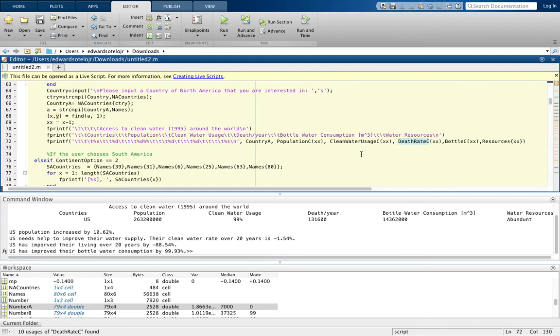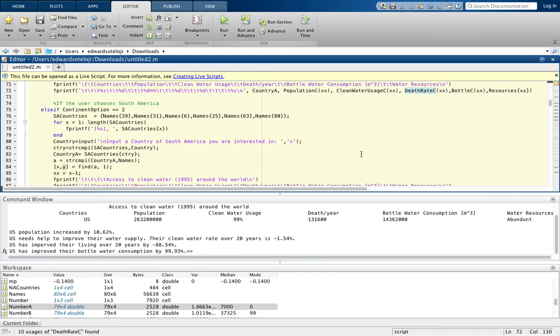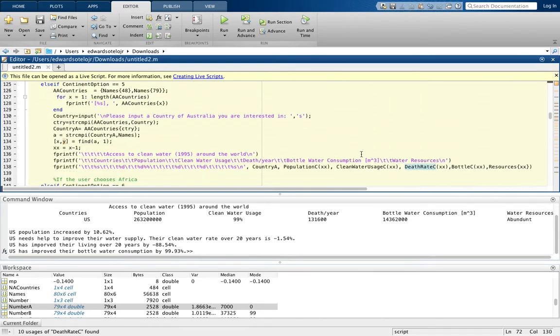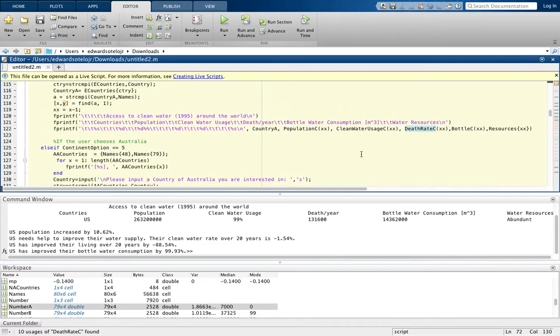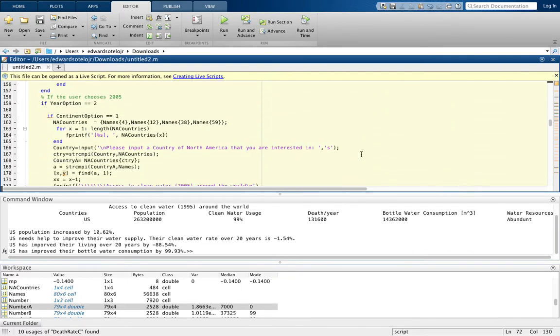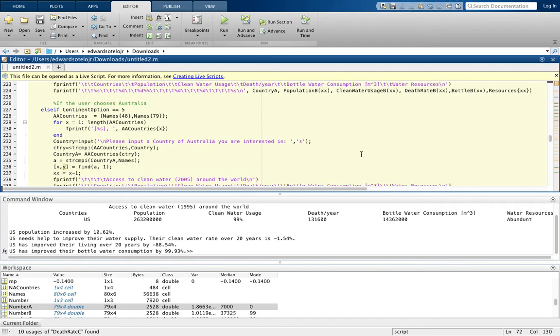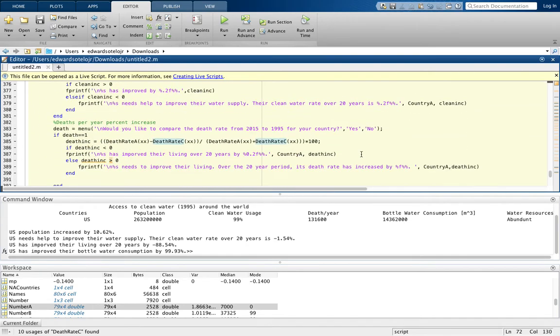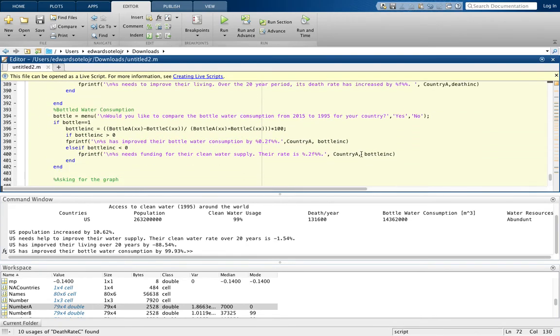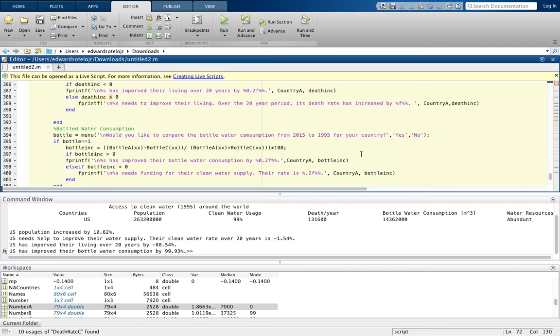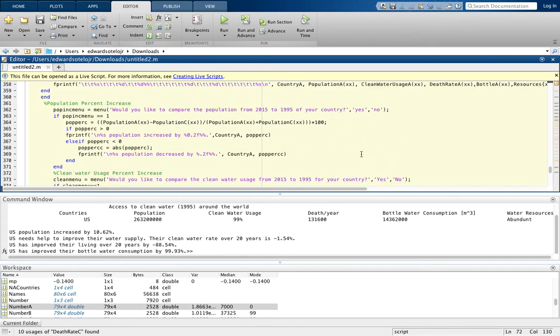And so we do the same thing, same code for the rest of the continents, and then we go through the first if statement, which was the years, and it's the same thing. Then we go to the menu option if they want to compare the population from 2015 to